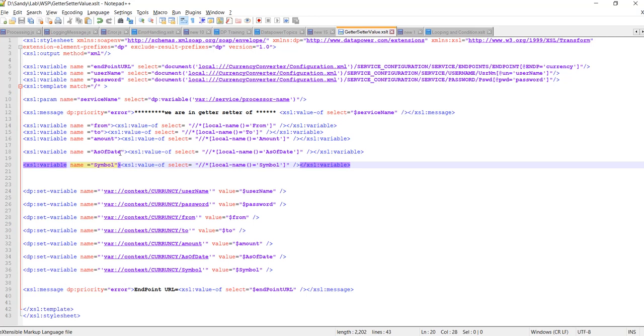And as I showed you, we have two elements, as of date and symbol. After that we'll set those values, so whatever the operation is, on the basis of that operation, these values will be populated automatically. For example, if we have the third operation, in which we have only symbol, it will get the value of symbol.